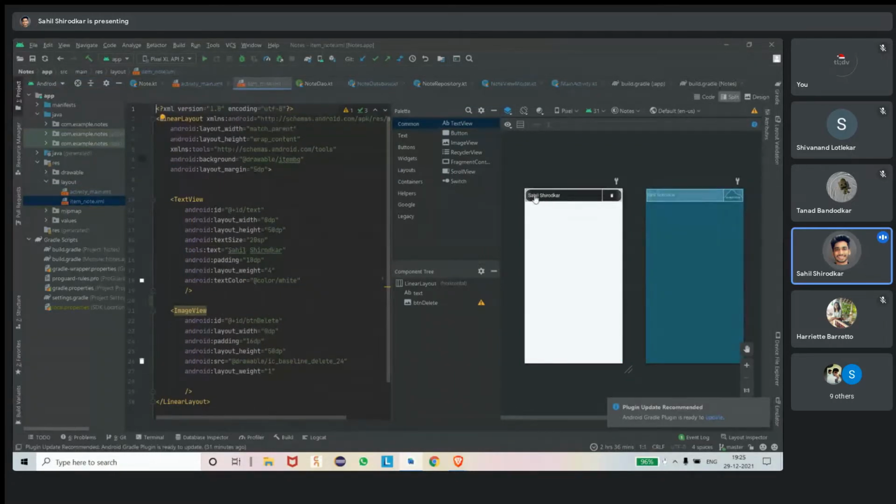So this is the separate layout for each view of the RecyclerView. I have just used one text view, one image view, and one delete image view.